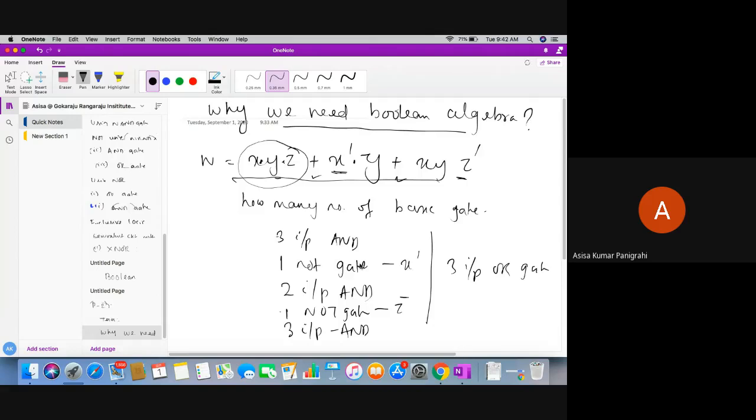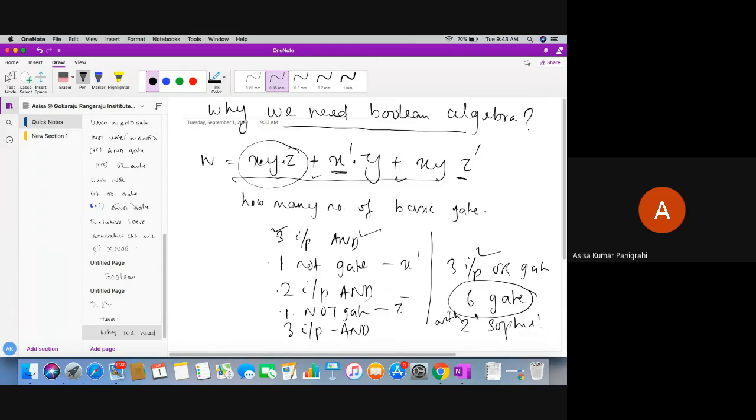Okay. So in my design, I need how many sophisticated gates? 2 sophisticated gates. So 3 input means cost is high. Okay, the cost is high. If it is a 2 input OR gate and 3 input AND gate, the cost is very high. Okay, so see here how many gates I need here. 1 in 3 input, 1 plus 1 2 plus 1 3, 4, 5, 6. 6 gates I need. 6 basic gates I need with two